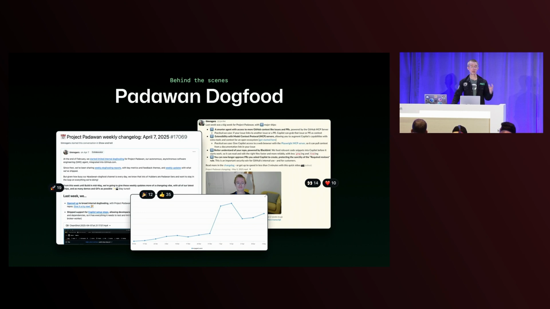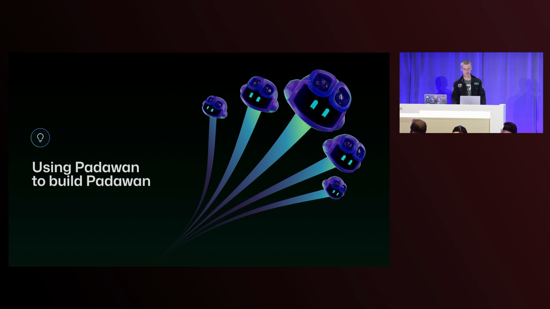We've had an active Slack channel where we've been working on this as a company with hundreds of messages a week, and we've been really trying to keep up the momentum internally with logs and videos and tips to get people excited and get people using this for real work. Of course, the first thing you want to do is start this testing close to home, and that's why we've actually been using Copilot Coding Agent to build Copilot Coding Agent, or Padawan as we used to call it.